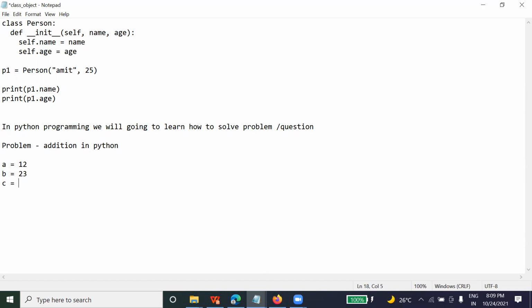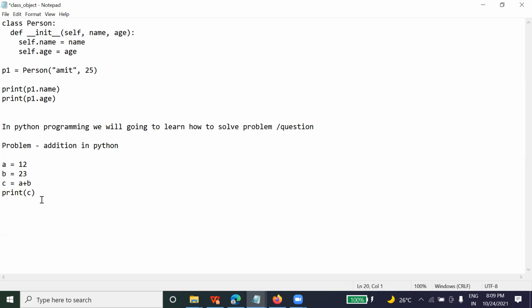You are going to do the sum of that, and then print that. This is called the complete code for addition. Addition of two numbers, or three numbers, 10 numbers, anything. So this is about your addition program.